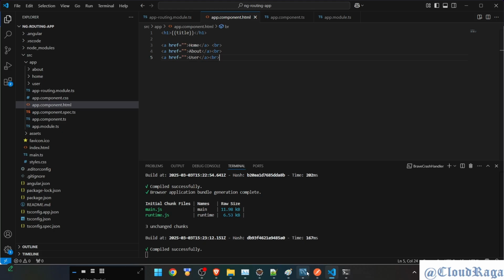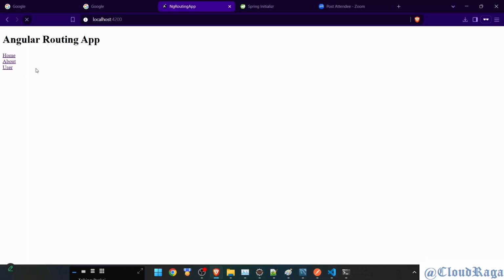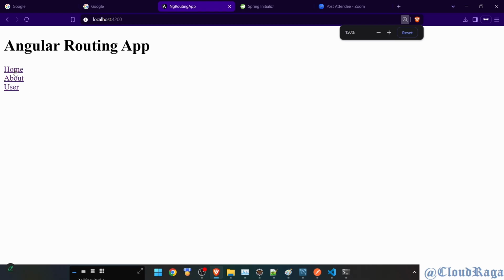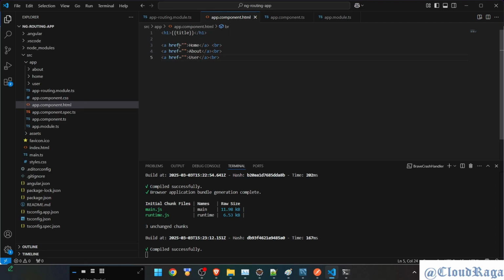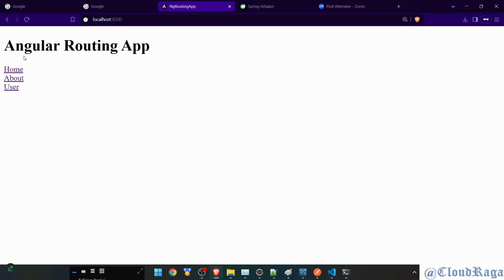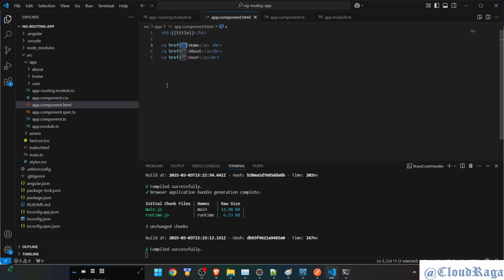Fine. If we check on this web page, that's how it looks. Let me zoom the page. So home, about, user. Right now we are not going anywhere because href is empty, but yeah, they are clickable. Now instead of using href, because that's the default property of any HTML element,